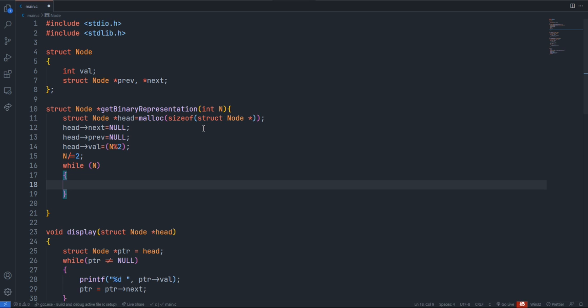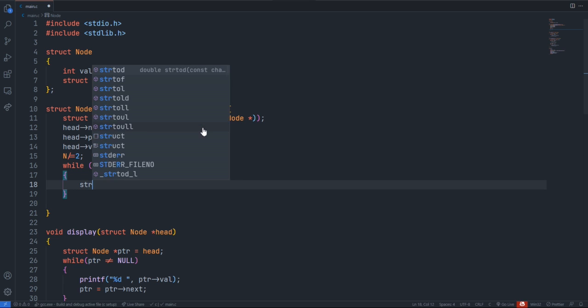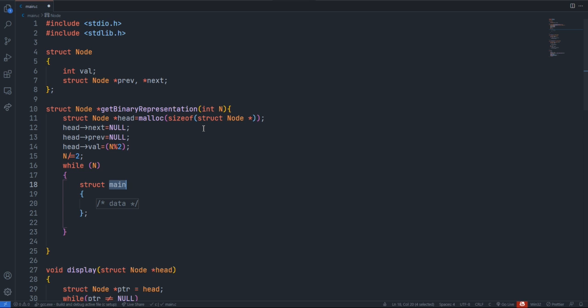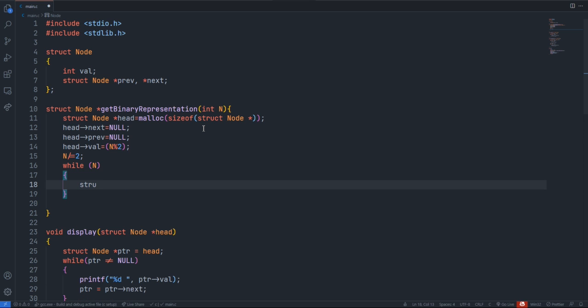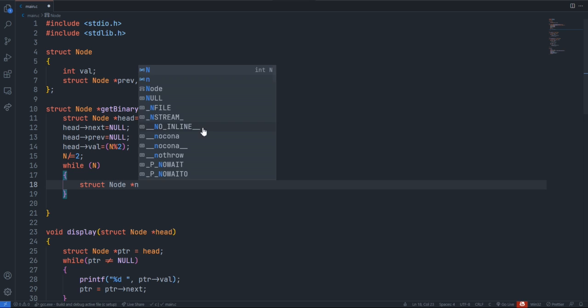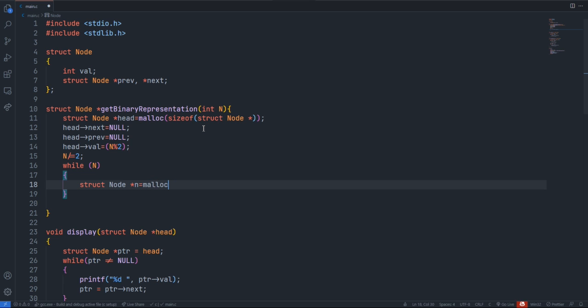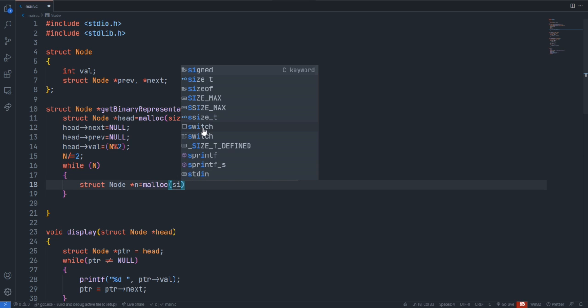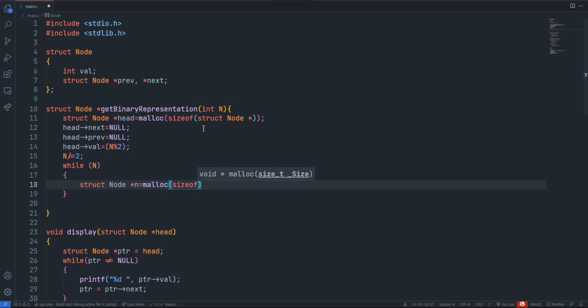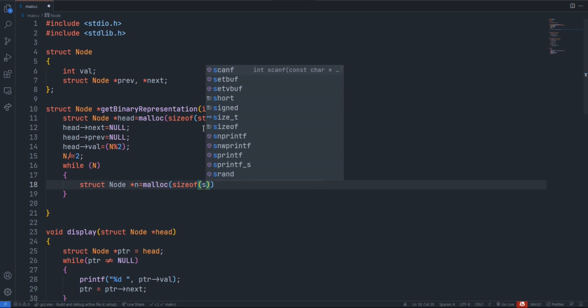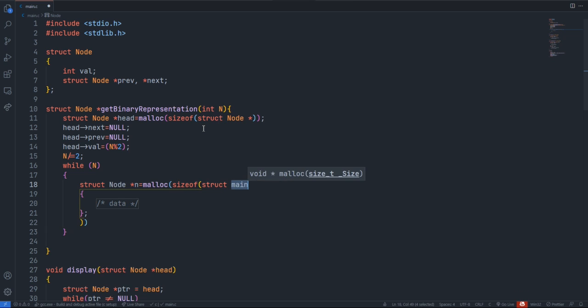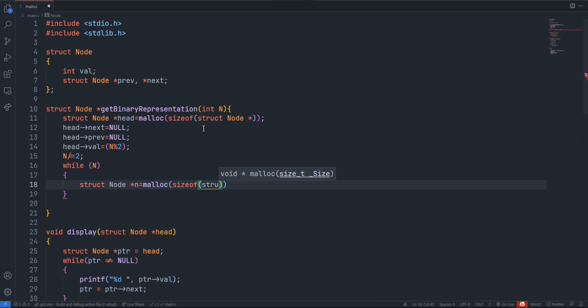Inside this code, we just need to create a temporary node, struct node star n equal to malloc of size of struct node star.